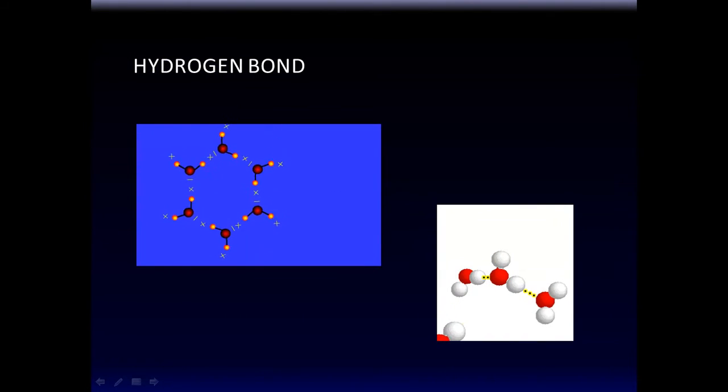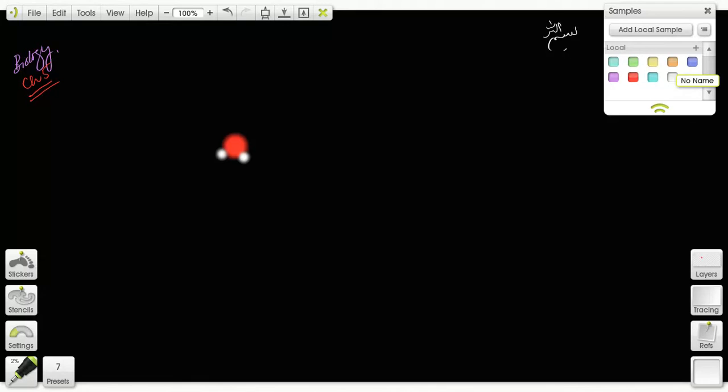But it's a little bit trickier than that, all right? So here's oxygen, and these are 2 hydrogen atoms. What happens, however, is that even though the electrons are shared, the oxygen atom has a greater share of the